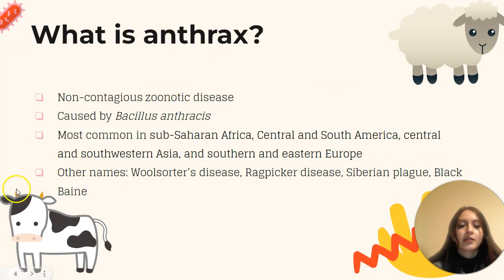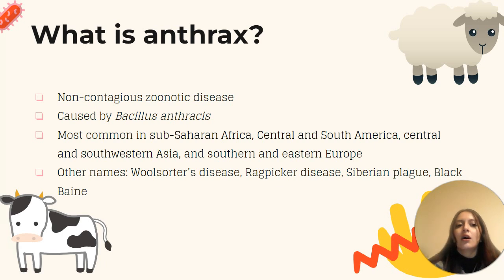So, what is anthrax? Anthrax is a non-contagious zoonotic disease caused by Bacillus anthracis. The organisms most susceptible to this disease are wild or domestic herbivore grazing animals, such as cows, sheep, goats, and horses. Susceptible populations include military personnel, wool sorters, veterinarians, farmers, and people who live in rural or agricultural